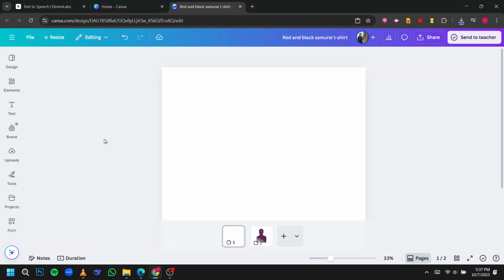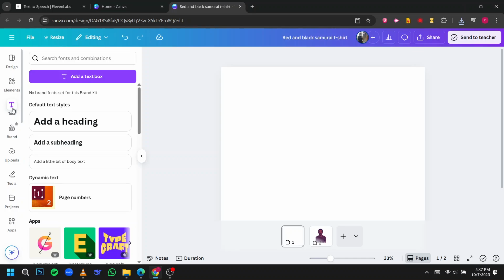On the left-hand side of your screen, you'll find a menu filled with design tools. From there, click on the text option. The text panel gives you access to multiple text types: headings, subheadings, and body text. You can use these presets for quick formatting, or if you prefer more control, select the Add a Text Box